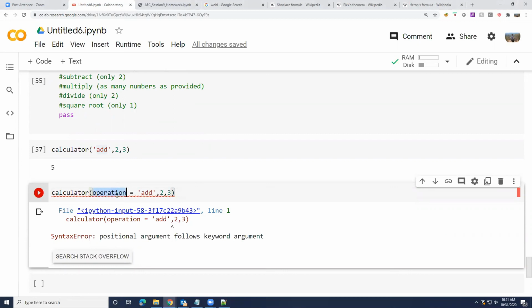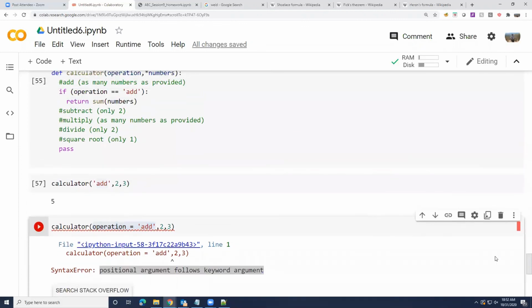I absolutely want to have named arguments. It didn't say I can't have named arguments followed by keyword arguments. What is it saying? Position. So dictionary or mix up here. So this is not a dictionary, right? This is how you call named arguments. So I'm trying to pass a named argument, but it is complaining that, hey, you can't do this because positional argument follows keyword argument. So some ambiguity.